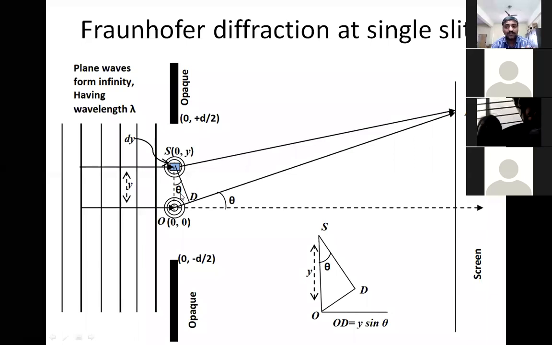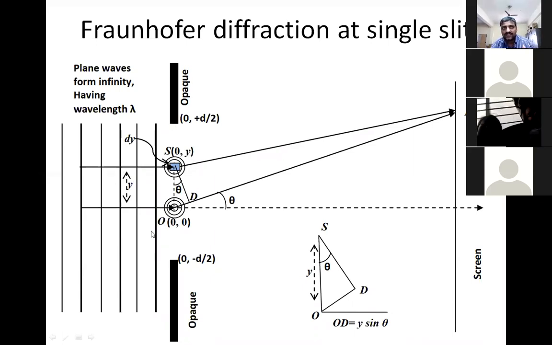And let me reveal one more thing. If you want to see the diffraction effects, the overlapping of waves, I repeat, the slit width must be comparable with the incident wavelength. That is, lambda must be comparable to the size of the slit. Of course, in this case, the width of the slit I am taking as small d. I hope you can see.